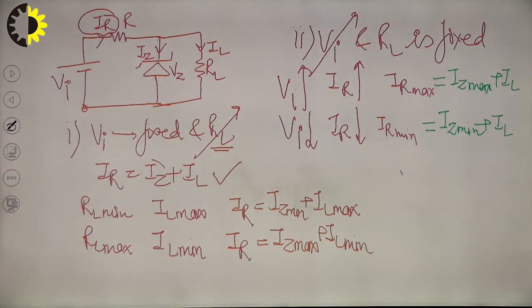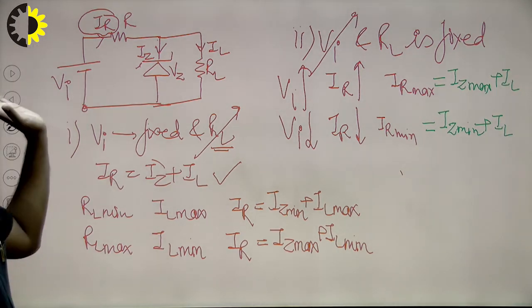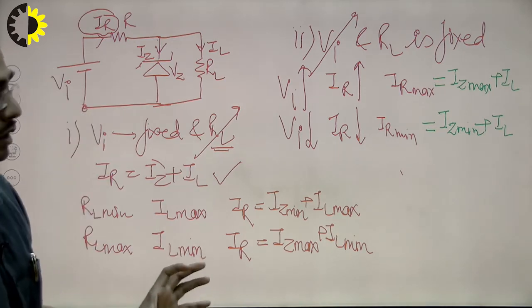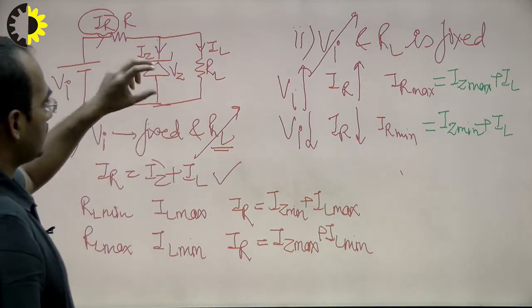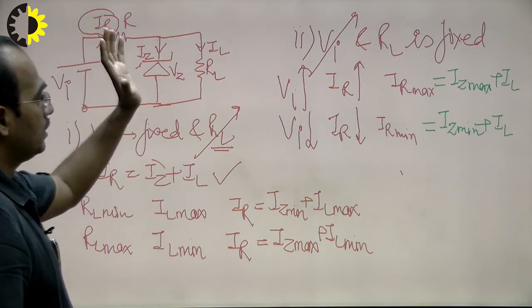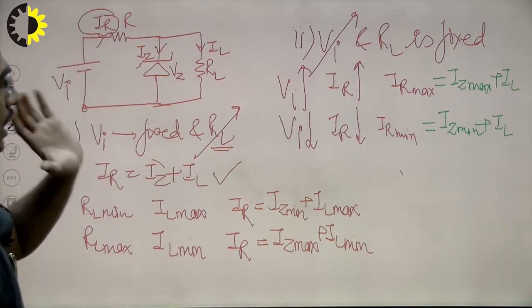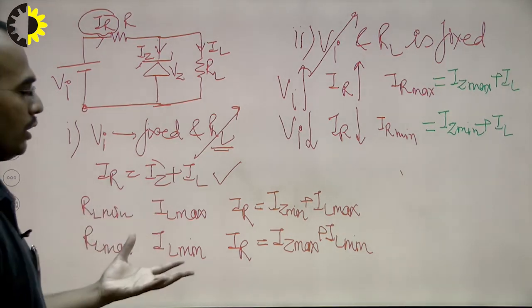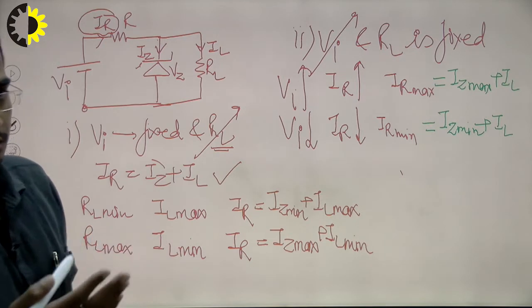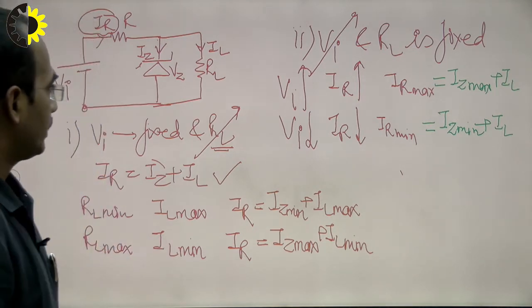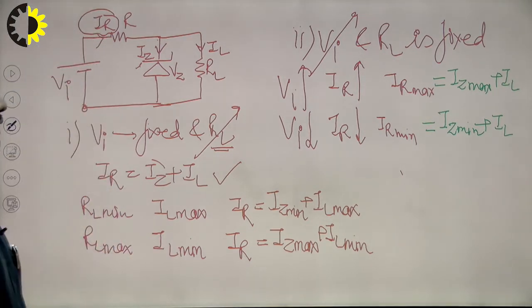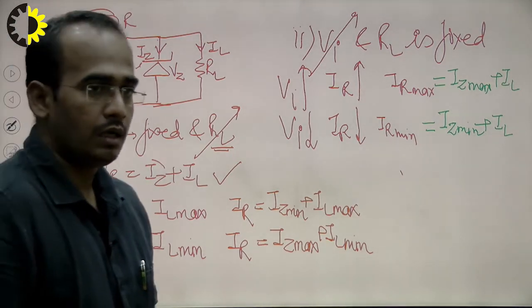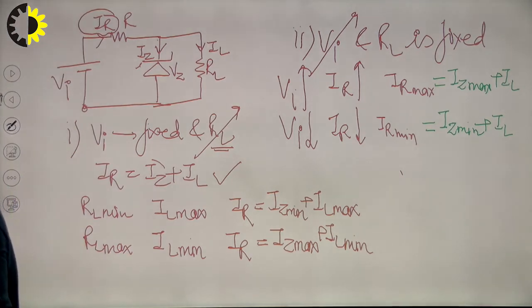In this way, by varying the input voltage and load resistance, the Zener maintains the constant voltage across the load resistance, across the Zener diode, by passing the minimum to maximum current through it. So you can say that it can behave as a voltage regulator, because it is maintaining a constant fixed voltage across the load resistance when it is conducting. The condition is that.